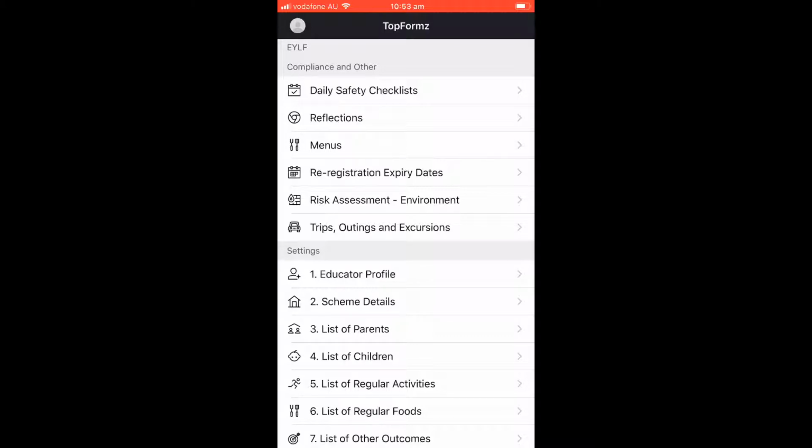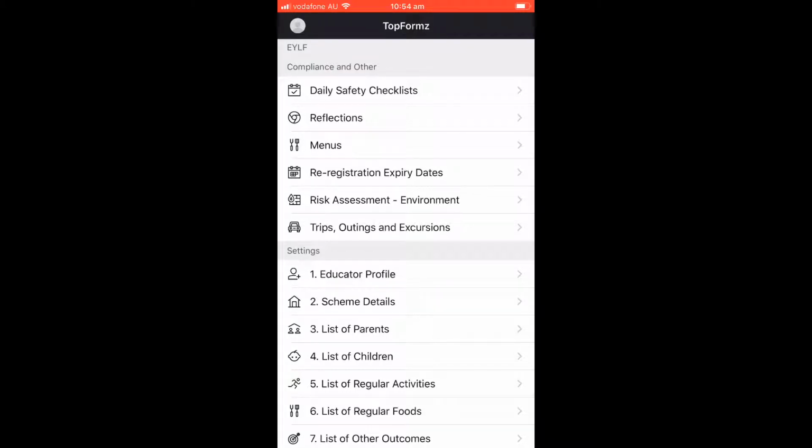track the actions that you actually want to take on those actual reflections, because sometimes what will happen is that we'll basically reflect for the day, and it's all great and we put it into a little notebook, but ultimately it's on a piece of paper, and that piece of paper doesn't really go anywhere. It doesn't really keep us accountable. But TopFormz allows us to actually track the actions that we need to do, and it's easily identifiable when we